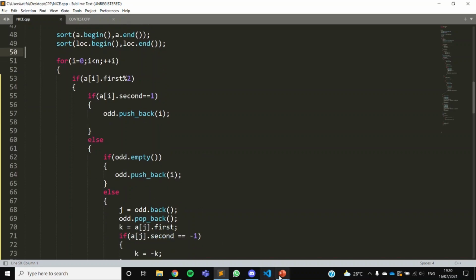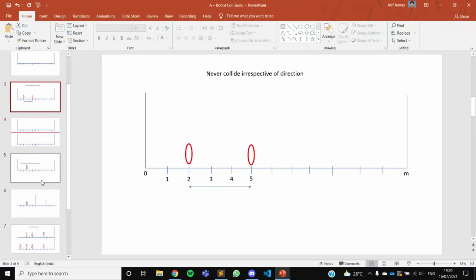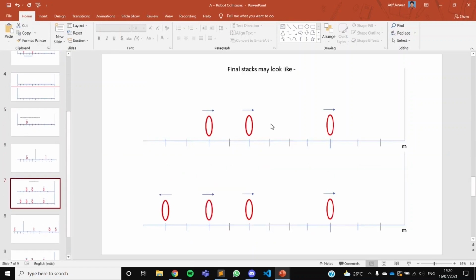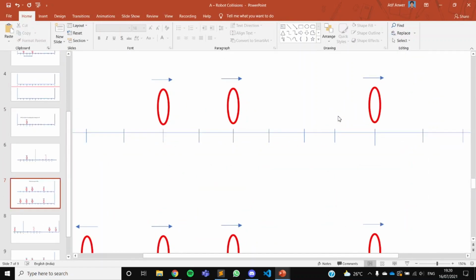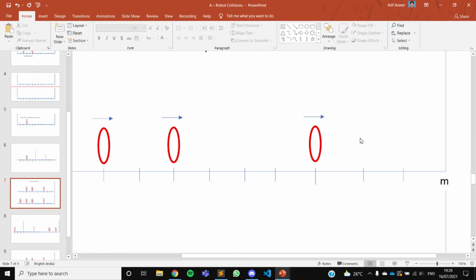If it's not, then, suppose you consider only this part for now. Suppose you have a bunch of robots approaching this wall. This robot will collide with this one after it reflects from the wall.